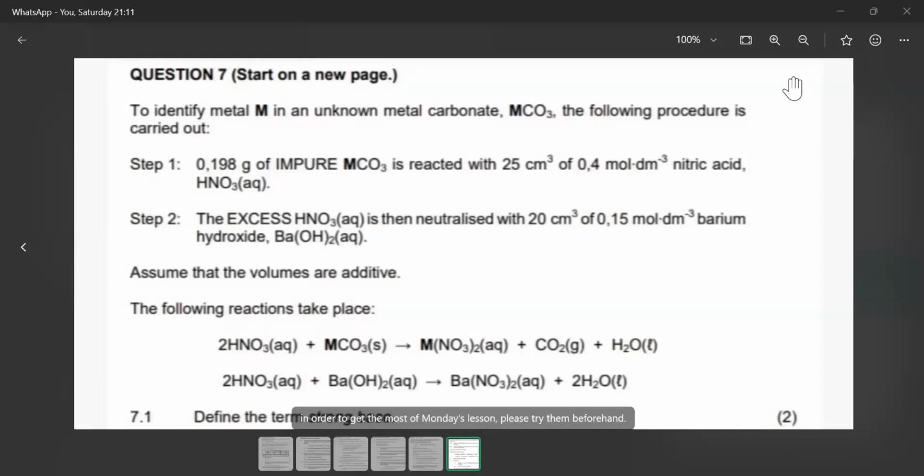Okay, so here they say to identify the metal M in an unknown metal carbonate,